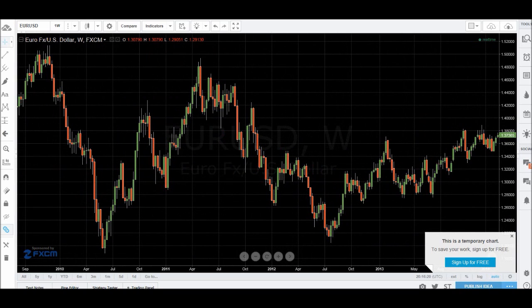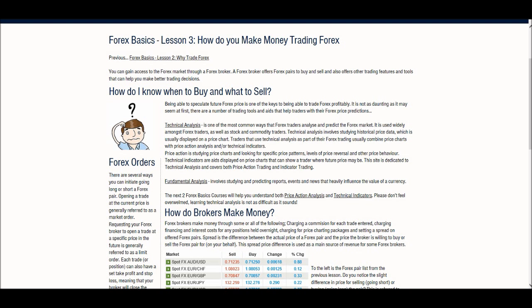And my style of trading is analyzing these charts and then buying and selling currencies according to my analysis. And that's how I trade. And that's what really gets me excited about trading, is analyzing charts and then making trades accordingly. And this will be covered in the next course. But before we move on to that, you need to know how we make money, or how you make money